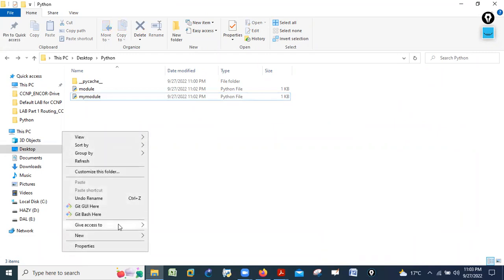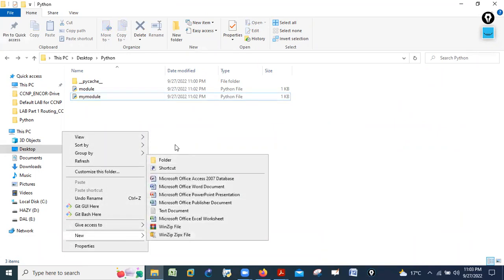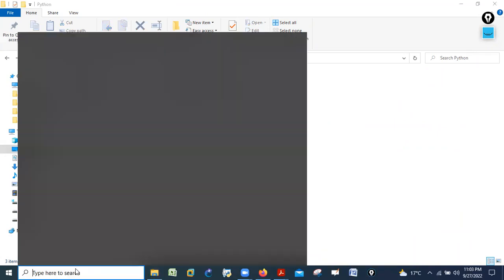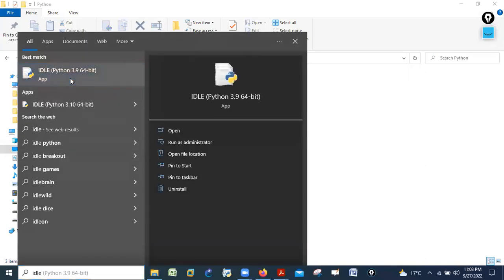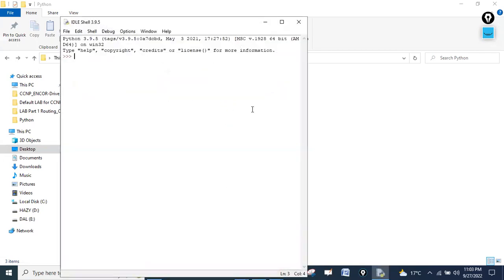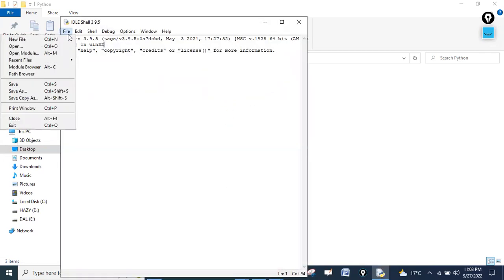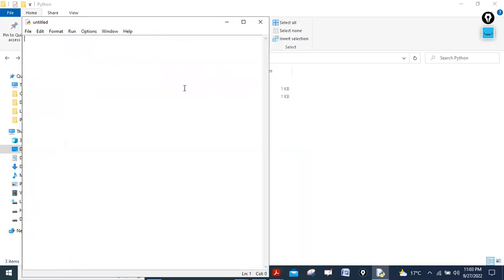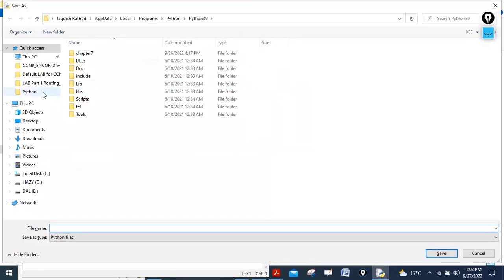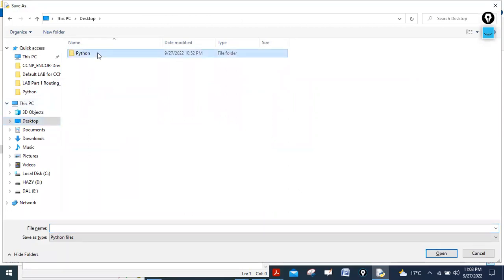Now I will create another file. I will go here and open my new IDLE window. First of all, you have to create the new file, and then I want to save it. You can save this file anywhere.